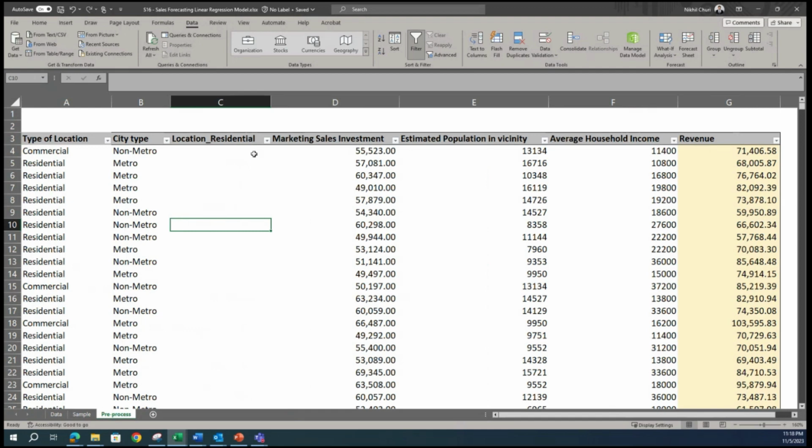I'll do it slowly so that you can catch up with this. So again, this name, location underscore residential, means that if the location is residential, then this variable will have a value of 1. If not, meaning it is commercial, it will have a value of 0. Now to create such a column, we can use an if statement, that is a conditional statement. So let's go ahead and do that. So equals if, I say I want this cell A4 equals to